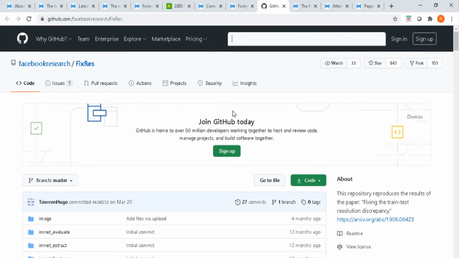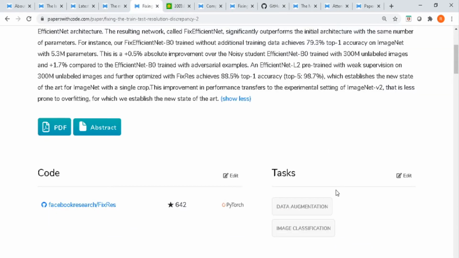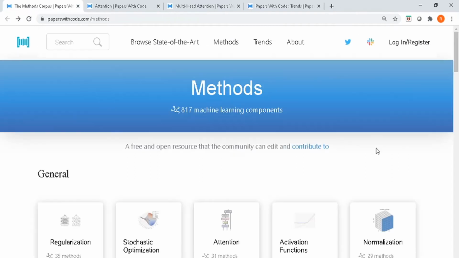So Papers with Code neatly organizes the research paper along with the GitHub repository or the code linked to the paper and the results of the paper, as well as the tasks which have been described in the paper. For example, the tasks over here are data augmentation and image classification.